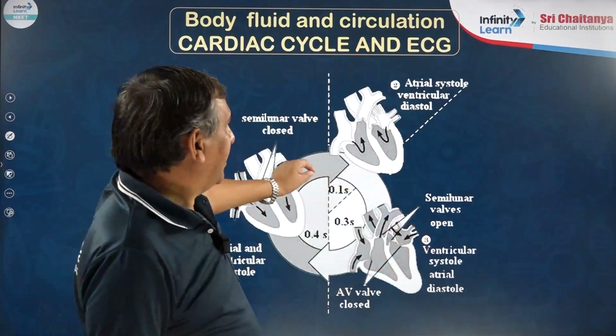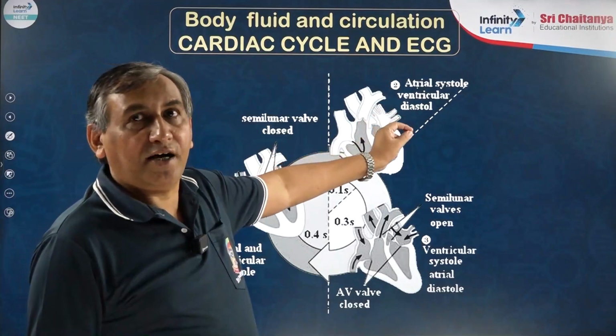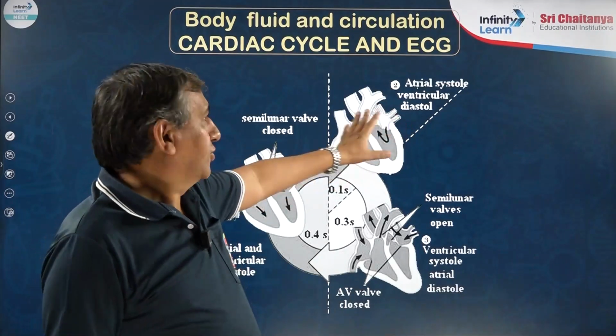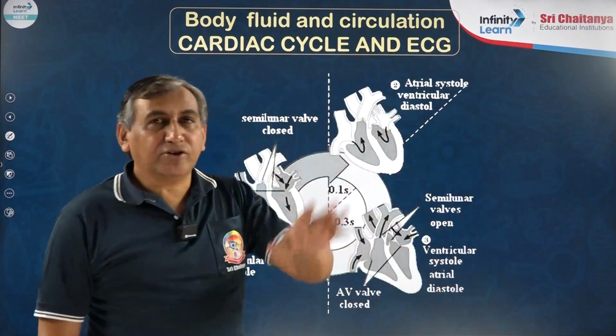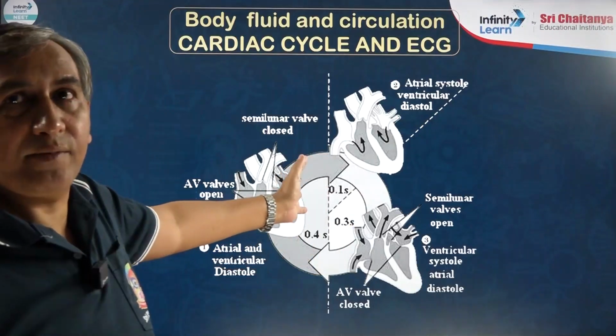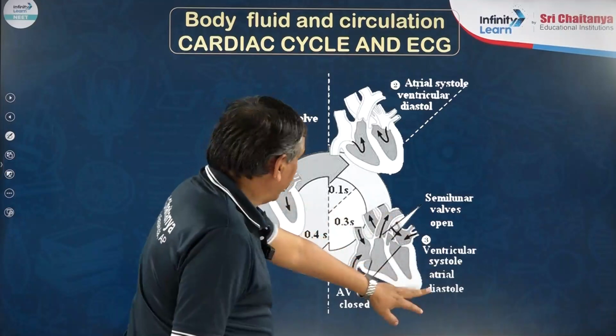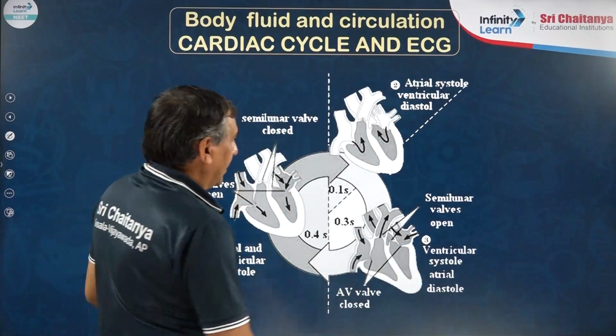So I have taken this diagram from our study package, Sri Chaitanya's study package, that is the Akash material. Are you getting? Whenever you join our institute, you will get study packages having intellectual diagrams also. So see, they divided atrial systole, atrial diastole, ventricular systole, ventricular diastole. I already said